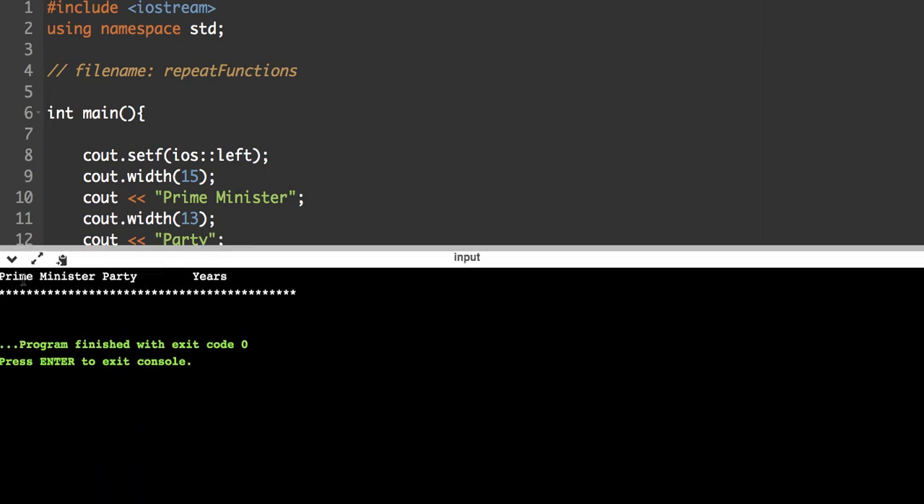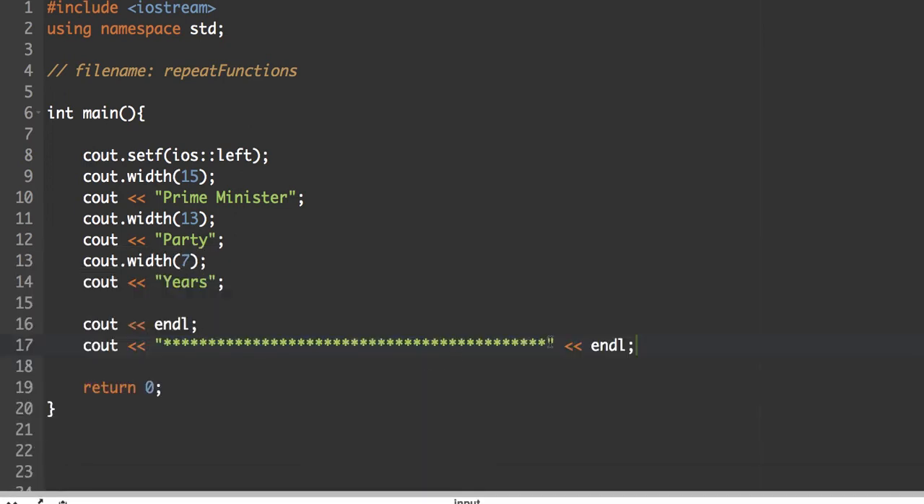Okay, so I've got prime minister, party, years. I can probably cut off, let's say, about 5 stars from this. So just kind of eyeball it. There's no right or wrong for this. And then we're going to include the second